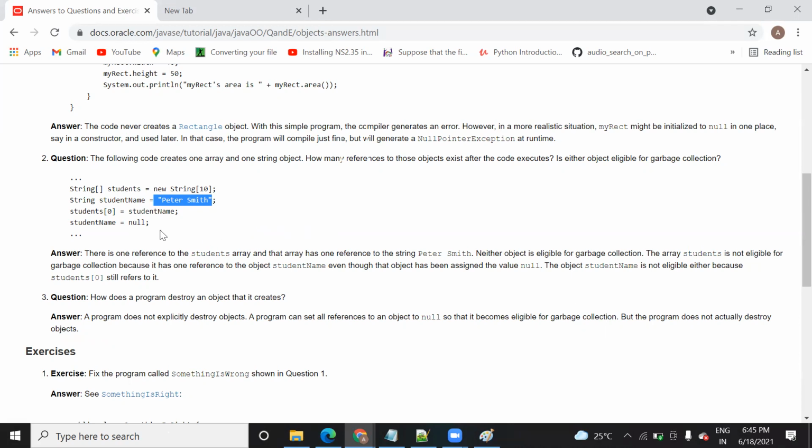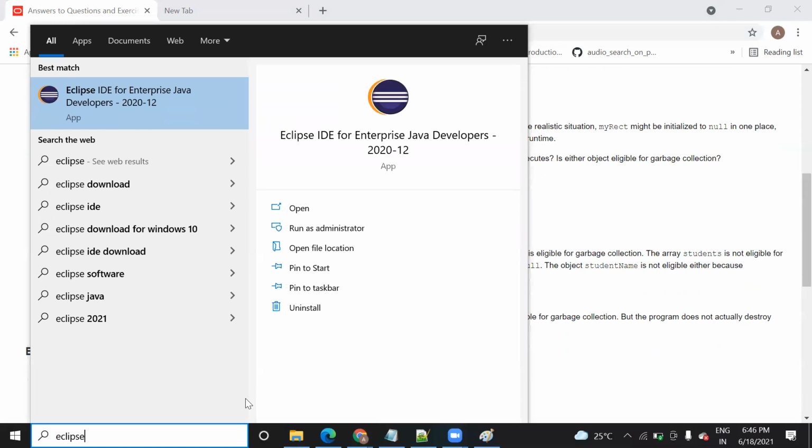You can do it in JShell, I think, because in JShell you can reinitialize it, but in Java if you try to do it, it will give an error. You can also try it on your system: create a variable a, initialize it with the value Anu, and then try to reinitialize the variable, it will give an error. It works only in Python, which is a dynamic language. There you can reinitialize the value. Let me show you or check it.